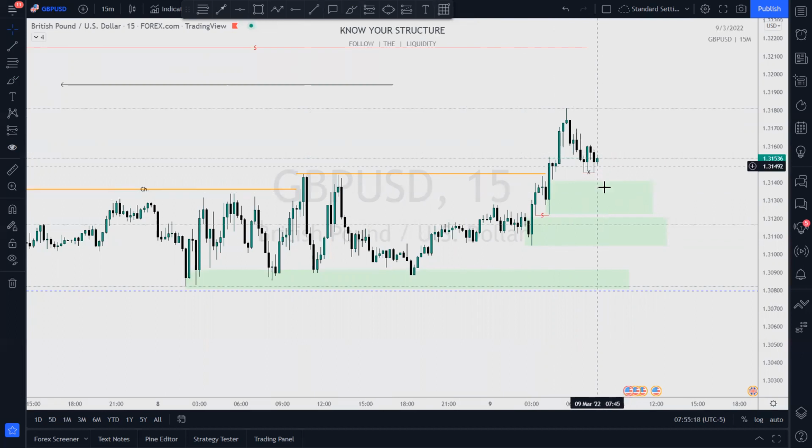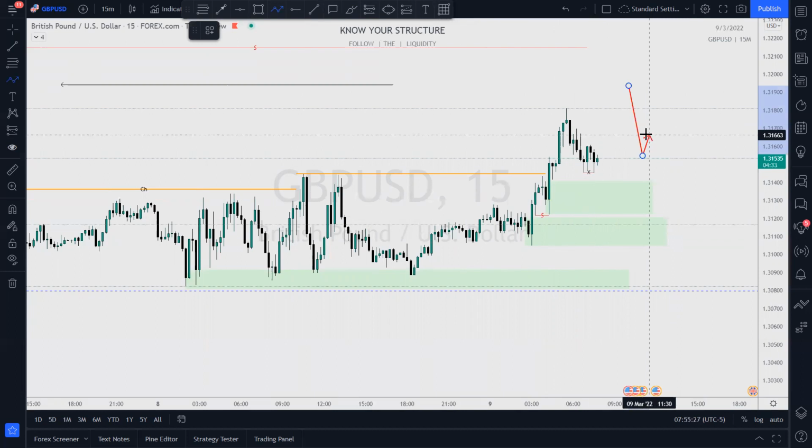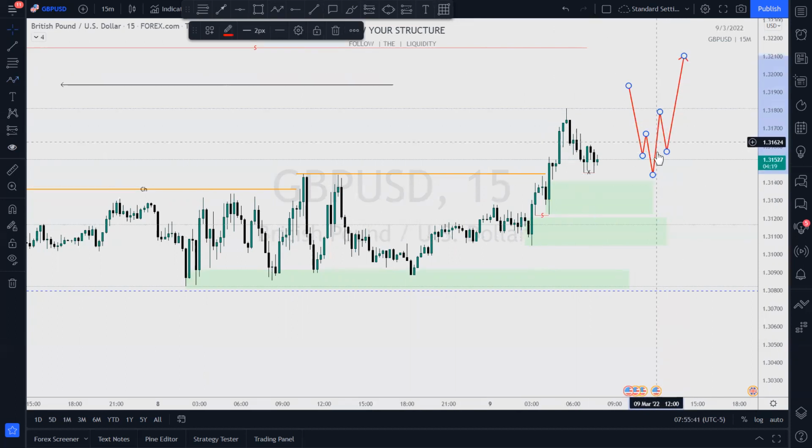So I'm looking for price to either pull back into here and give me a low, a pullback, a lower low, a high that breaks that swing point here. And then somewhere in this structure, price returns, finds an order block or demand, and then continues higher. I'm looking for that to happen